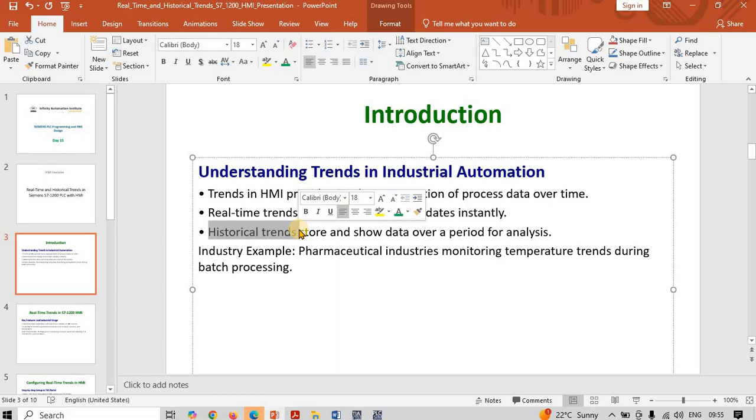This is the simple purpose of the historical trend, because it stores the values, and we can check the stored values by putting the expected date and time, right? As per the date and time, it will give you